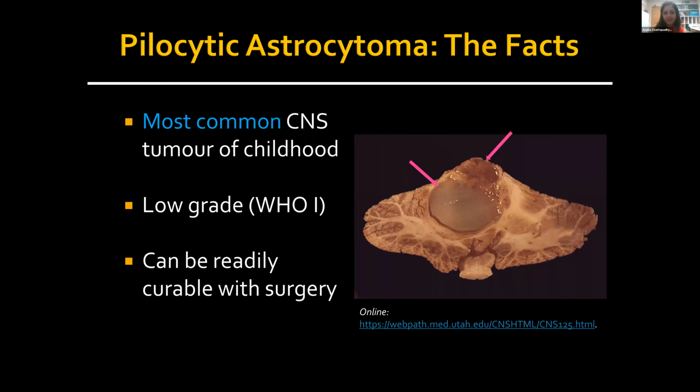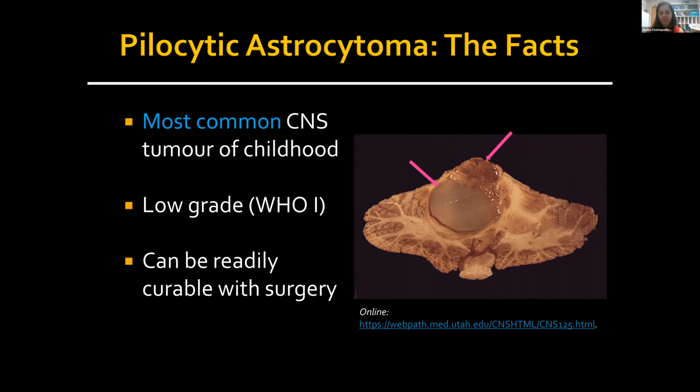It's the most common tumour of childhood, and they're low-grade tumours, WHO grade 1 tumours. They can sometimes look a little bit more aggressive on imaging. They can have odd enhancement patterns. They can recur after having been resected, and they can even metastasize, but they are considered relatively indolent. Following a full macroscopic resection at surgery, they can be considered cured, and they've got excellent 5-year survival rate, so